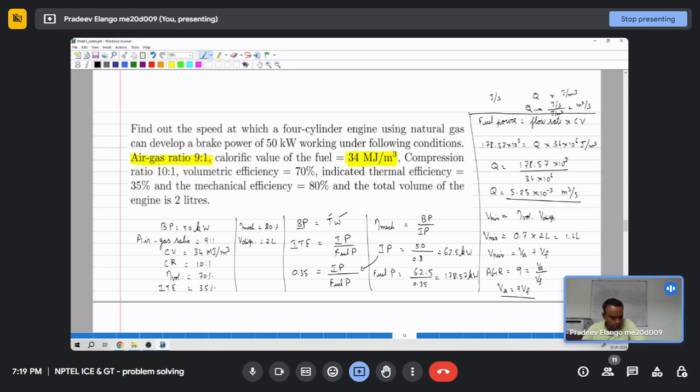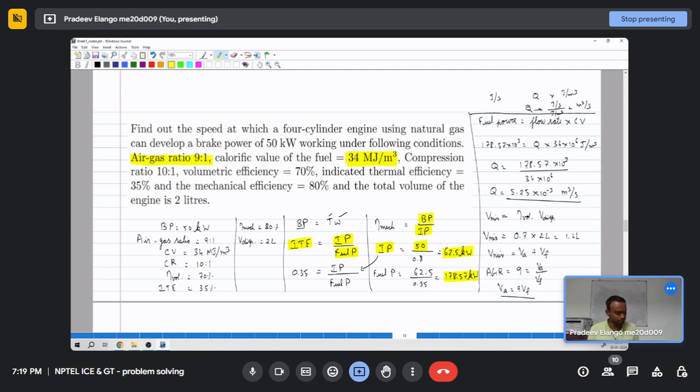Now, starting with the mechanical efficiency, we know mechanical efficiency is brake power by indicated power, and brake power is given as 50 kilowatt, and mechanical efficiency is given as 0.8. Based on this, we can calculate the indicated power as 62.5 kilowatt. Now, we know the indicated thermal efficiency is indicated power by fuel power. Substituting the known values of the indicated power and the indicated thermal efficiency,